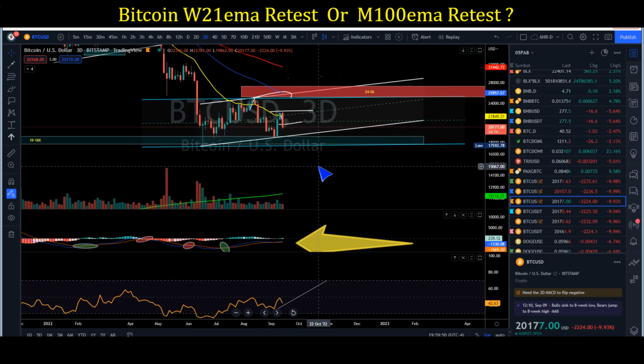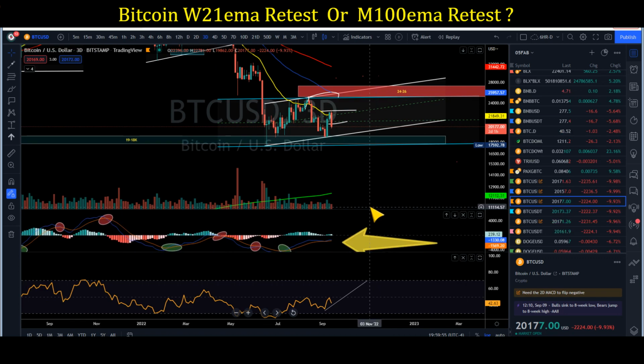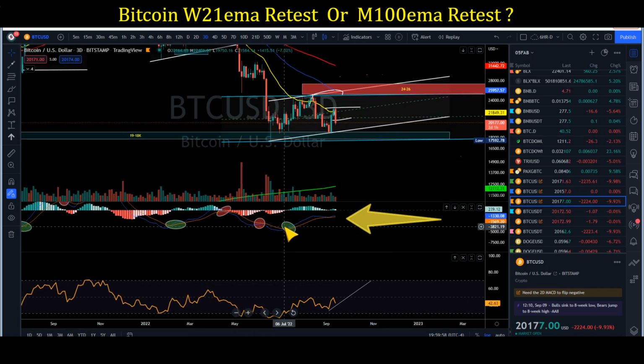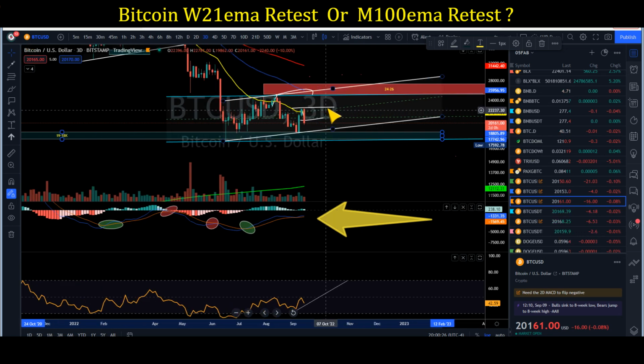So what we're looking at right now in terms of the 3D time frame, our main indicator we've been following over the last few months, since June, after we crossed positive right here in early July, what we said was that our 3D time frame will basically be our main resistance area back in July and August. Price action hit our 24k resistance, dumped all the way down to our primary target support, the 18k to 19k area, and pushed back up, nearly breaking above the 3D 21ema.